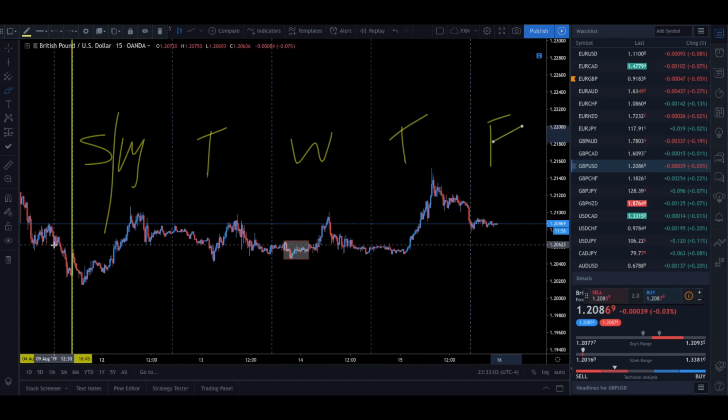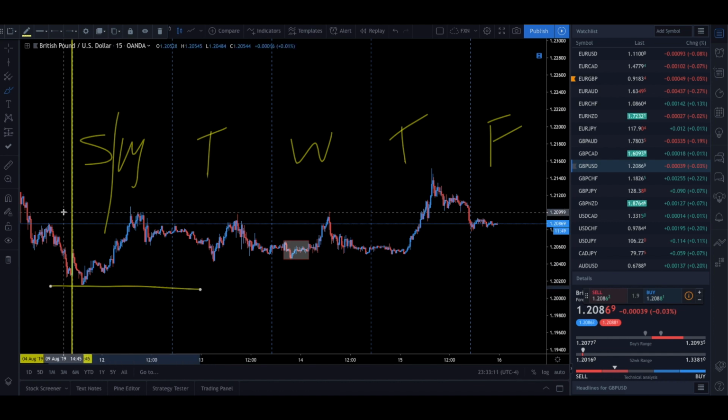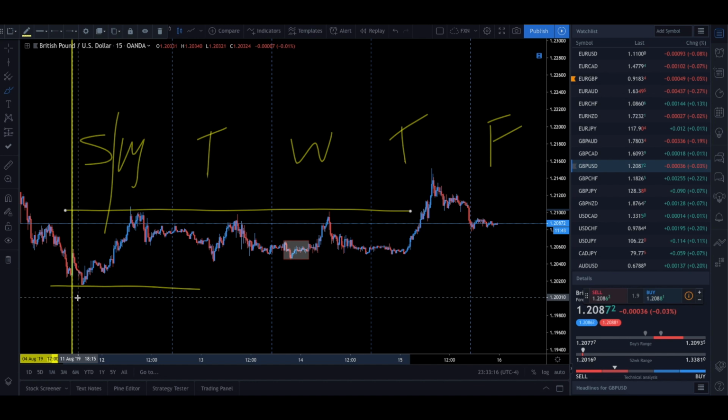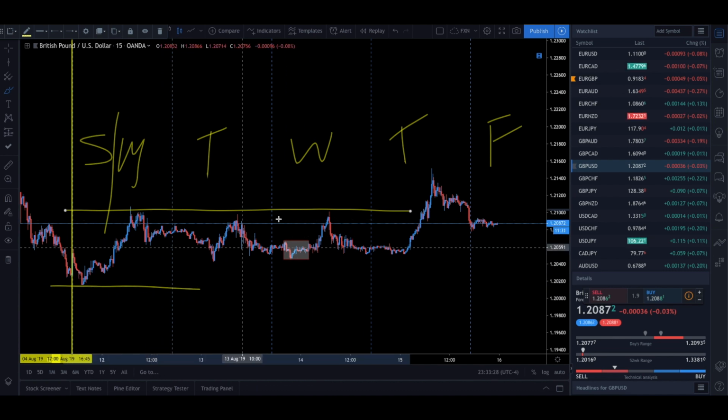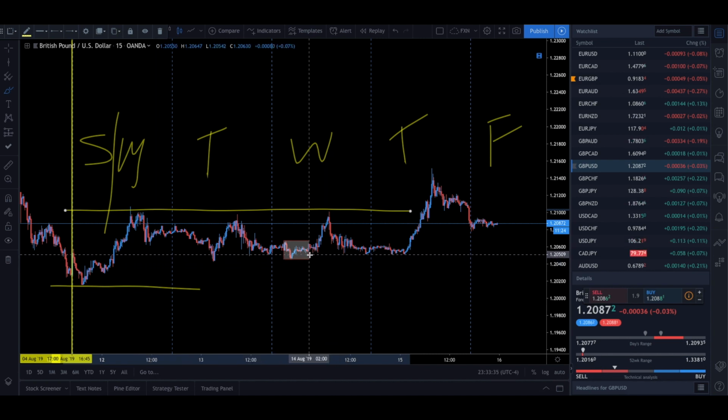Okay, now as you can see, what is basically happening is literally nothing, right? It's literally moving straight sideways. Okay, so very important for you to notice this type of structure. Whenever you notice this type of structure where it's just moving sideways, and it's basically just consolidating back and forth between support and resistance, essentially you're going to be more focused on identifying really the patterns, like let's say a type 3 pattern here,